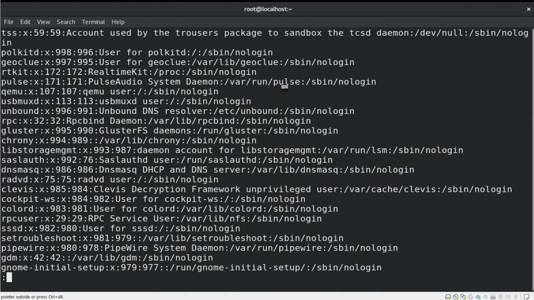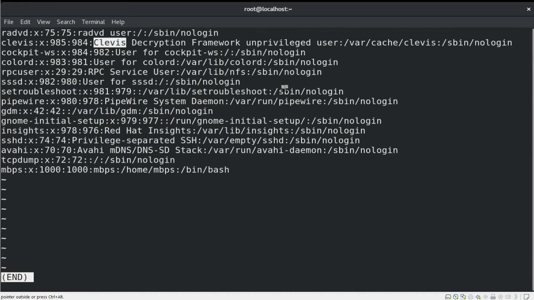Even if you want to search for any specific keyword in your file, you can use backslash and the keyword. For example, I wanted to search for Kelvis name inside the file, and it will show you the Kelvis wherever it is available in your file.